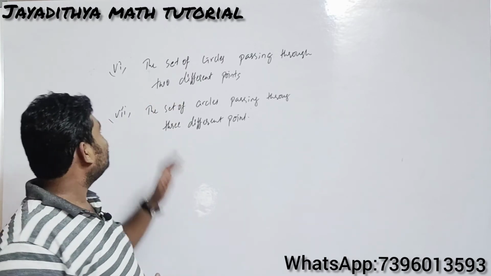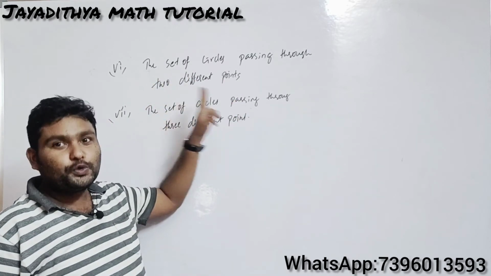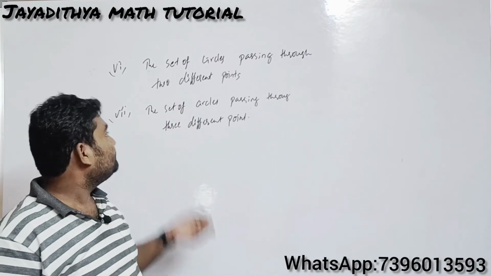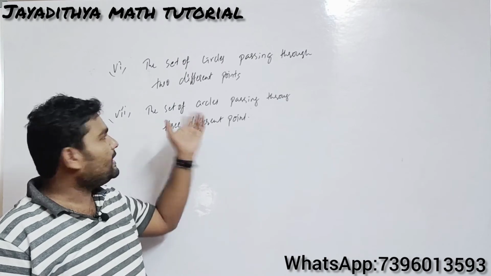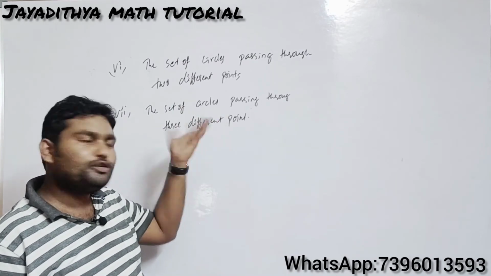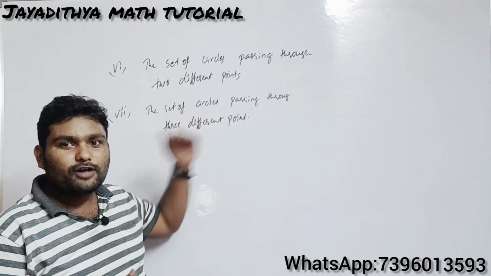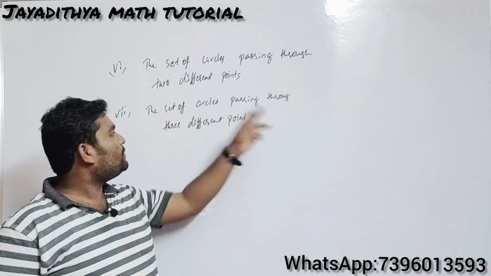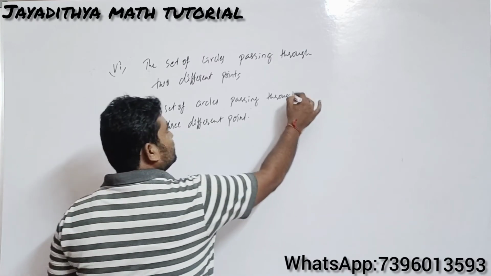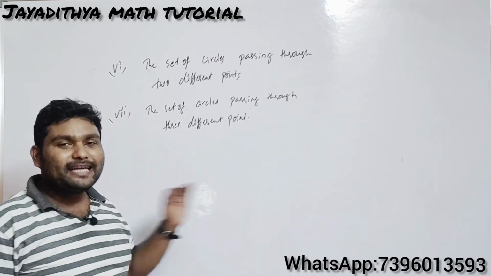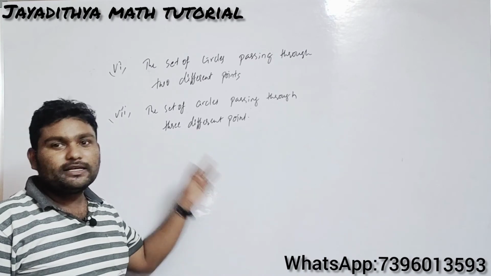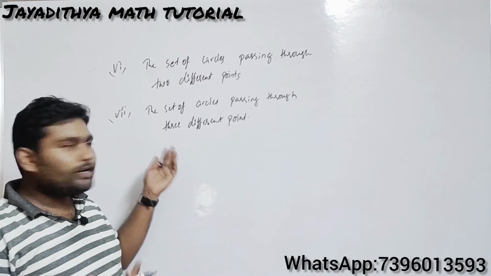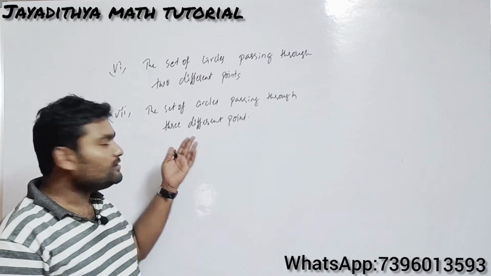So let us see this 6th question. The set of circles passing through 2 different points. What kind of set is this? Infinite set or finite set? Or if you want to say null set or singleton set, you can also say that. Give your comment in the comment section for the 6th one and also the 7th one. What is the 7th one here? The set of circles passing through 3 different points. What kind of set is this? Infinite set, finite set, singleton set, null set, or if you have any other answer,